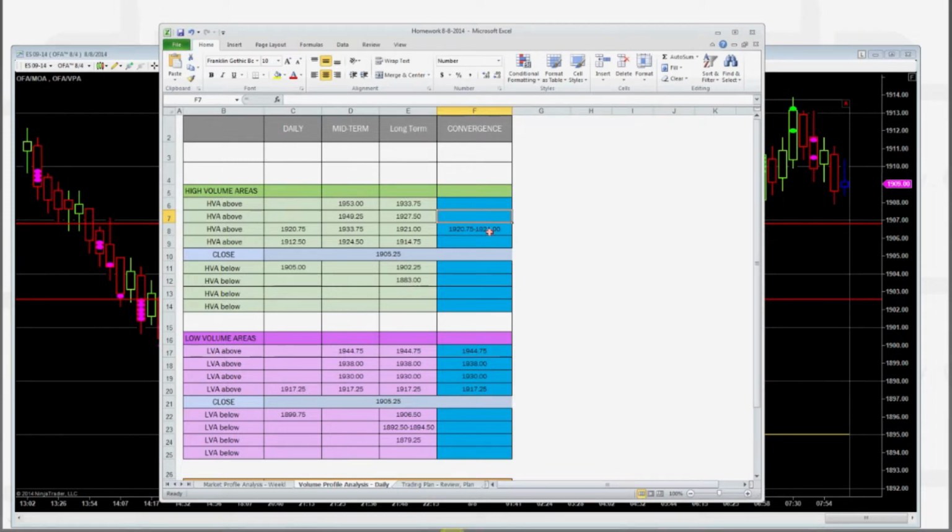And now what I'm looking for this morning, if price starts moving up, my expectation is that in the current day's volume profile, we would start to see rotation around this range, and we would start to see the profile show volume. If that doesn't happen, and the volume in the volume profile becomes very thin up to this level, and price starts moving back down off of that level, then I start looking at the next low volume area at